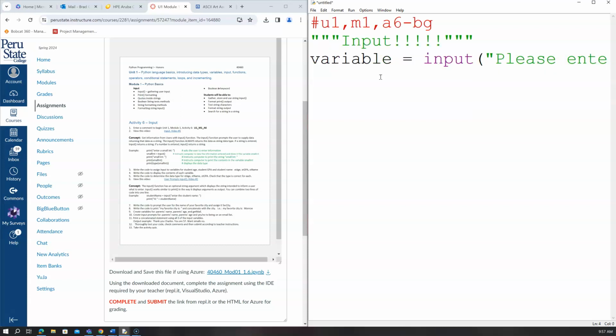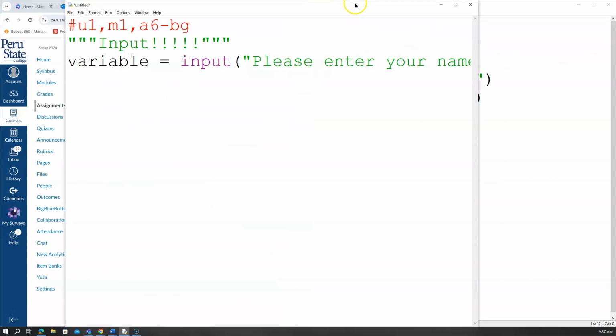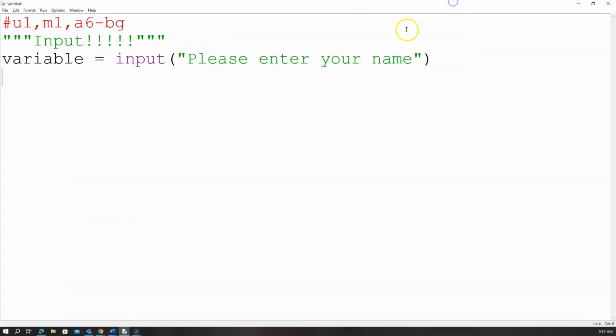All right, so I'm going to make this bigger just for a second so we can see it. There we go. All right, so some kind of variable, and we're going to assign it a value based on input. Now, we can also do some other weird things, but what I want to look at is whatever we do as an input comes across into our computer as a string. So even if,